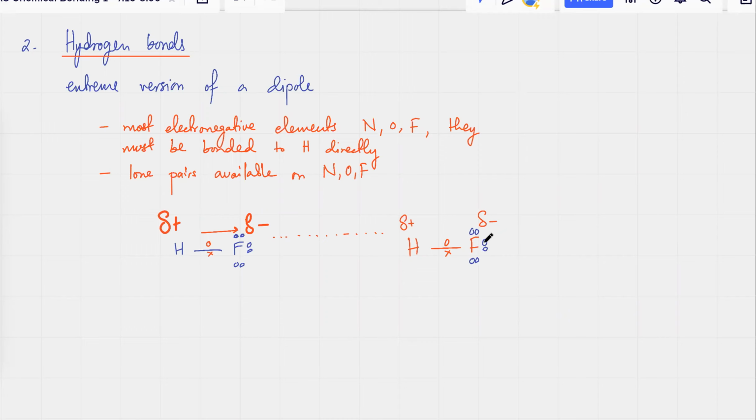The outer shell of fluorine has a lot of electrons, so the negative charge is also large. It's greater because of these spare electrons. If this H positive is attracted to this fluorine, fluorine has a lot of spare electrons, and those electrons will increase the negative charge. So there's another reason for the negative charge being really strong. So, lone pairs